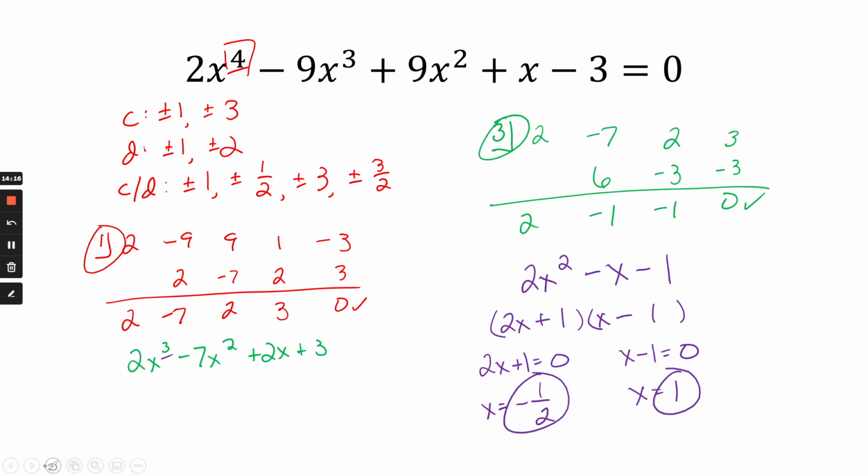And again, before we turn anything in, you need to know that you've got the right number. So I've got 4 answers circled, so I know I'm probably on the right track. My 4 solutions are 1, 3, -1/2, right? That showed up on the list. And then, oh, this is kind of interesting. We get 1 twice. All right, so really, in terms of my final answer, I'm probably not going to write that 1 both times. Now, I understand that this kind of looks like it has only 3 answers, but